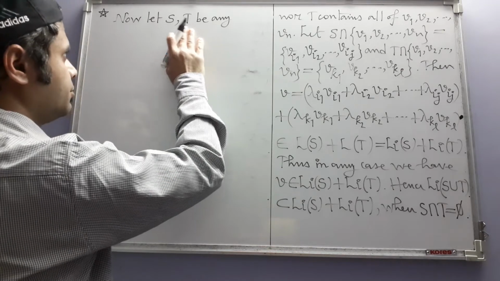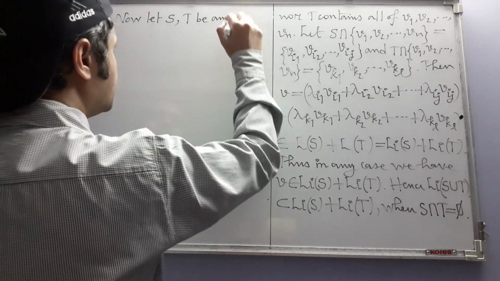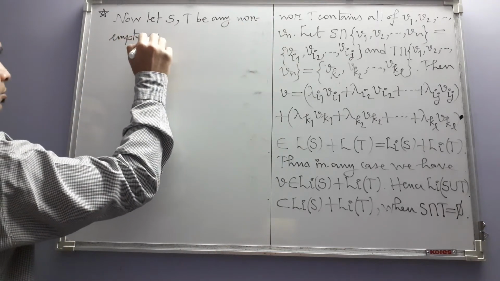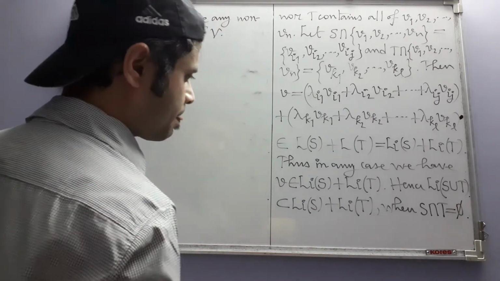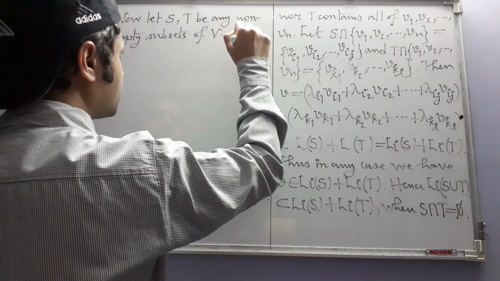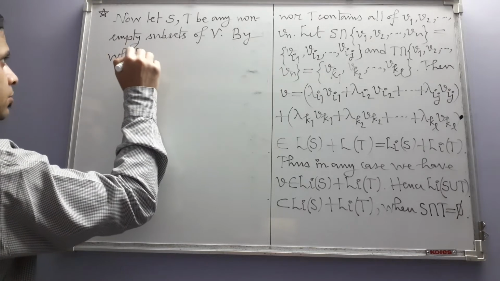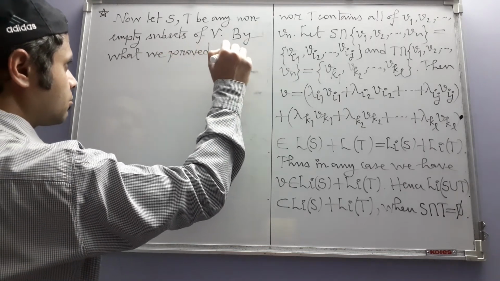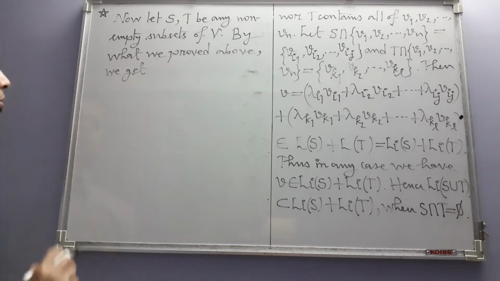We can in fact here also, when S and T are not necessarily disjoint, consider both of them to be any non-empty subsets of phi. Fine. By what we proved above, we get